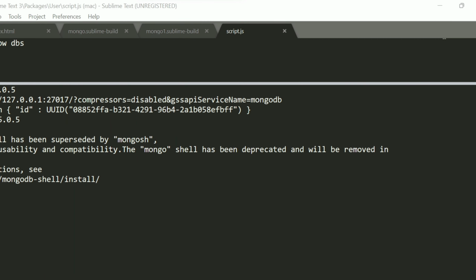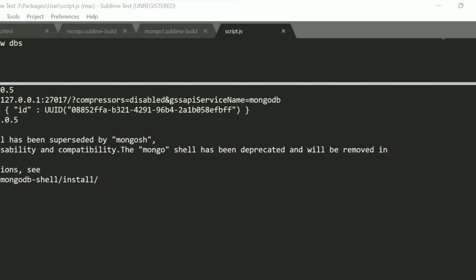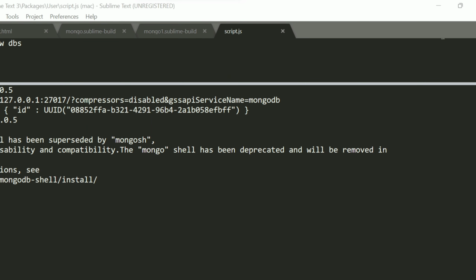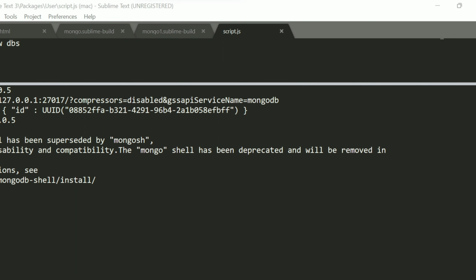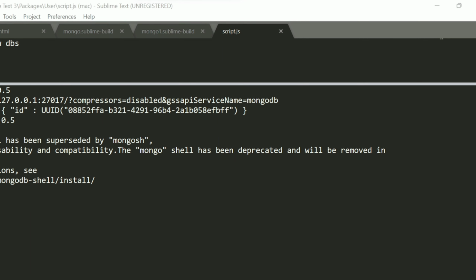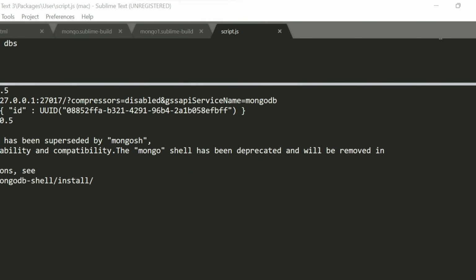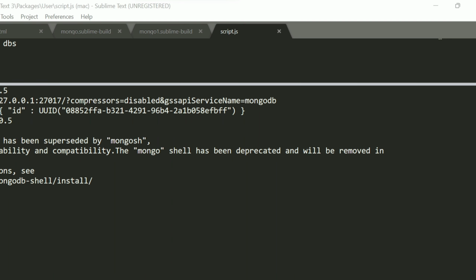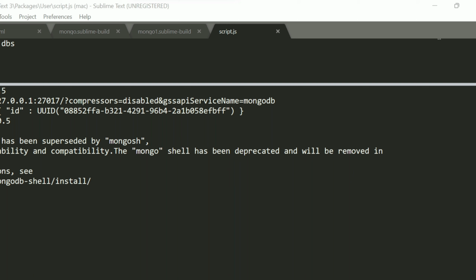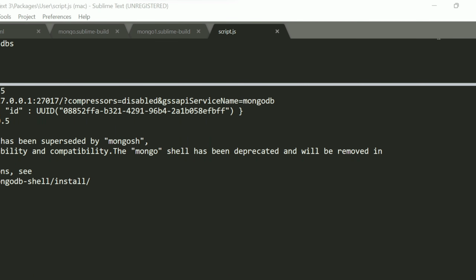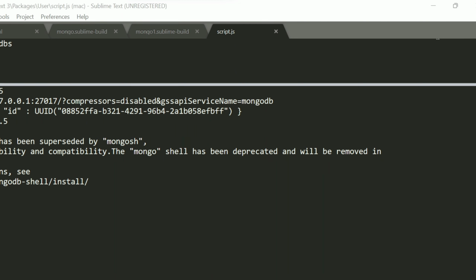I have written just show database, and then what you have to do is press Ctrl+B. When you press Ctrl+B, it will automatically open whatever you have done. If you want to show print hello world or print anything else, from here your database and your editor are successfully connected. There is no need to worry about that. Whatever you want, it will work perfectly.